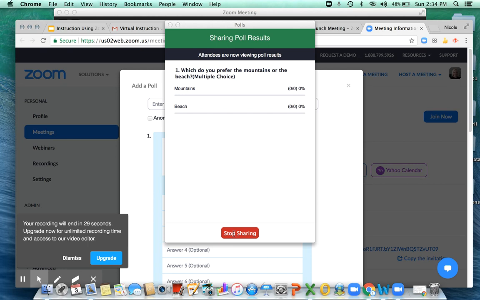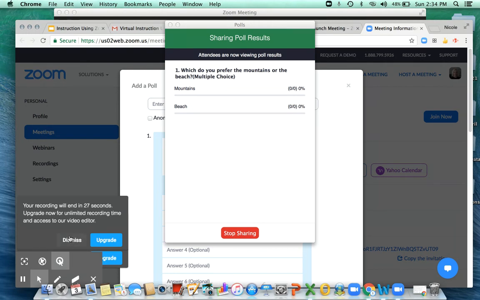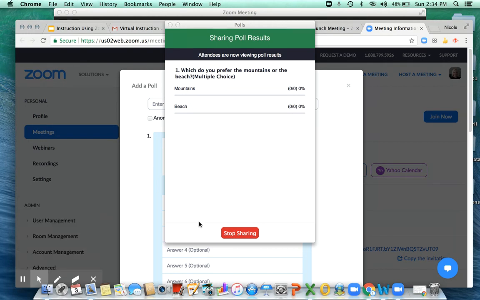What you could do is record this as a report. There's a place in the settings to find a report. That's a whole other lesson, but this is a quick, easy